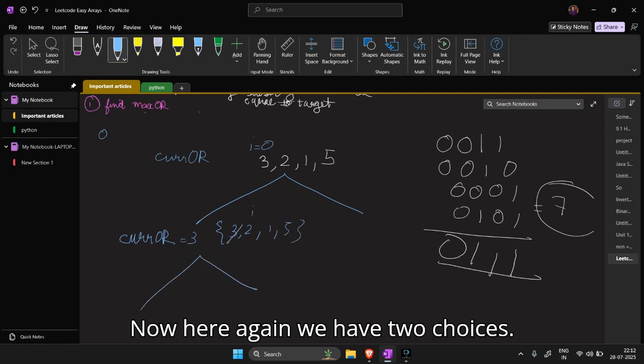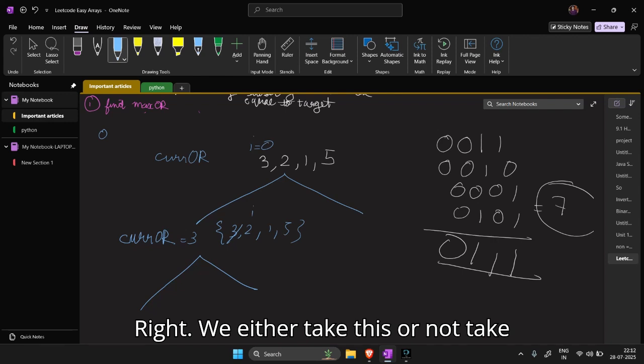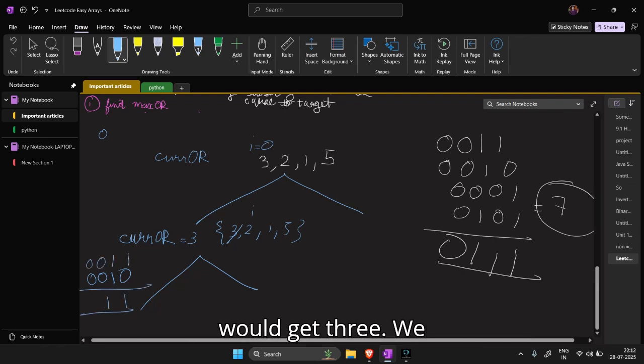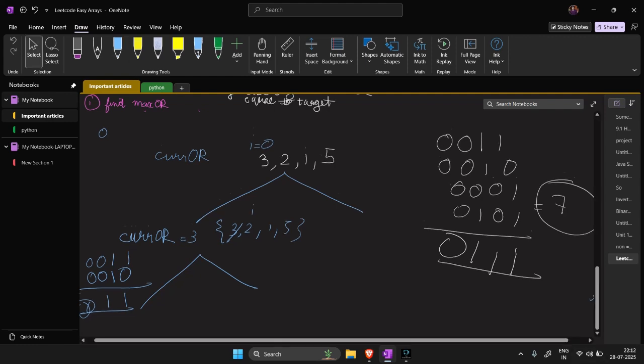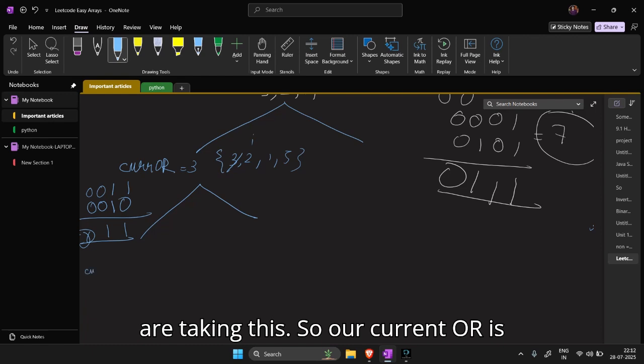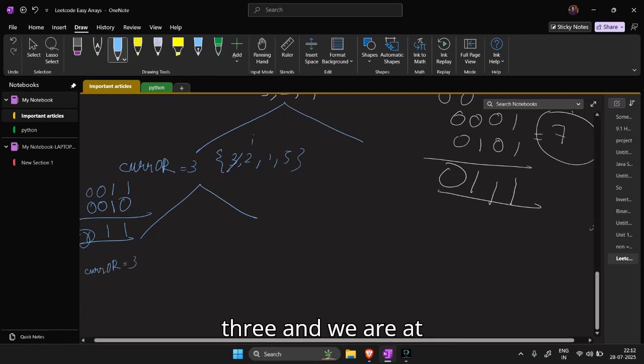Now here again we have two choices, right? We either take this or not take this. Now just take this first. We have 2 and we have 3, right? If we OR both of them, we would get 3. We are taking this, so our current OR is 3 and we are at